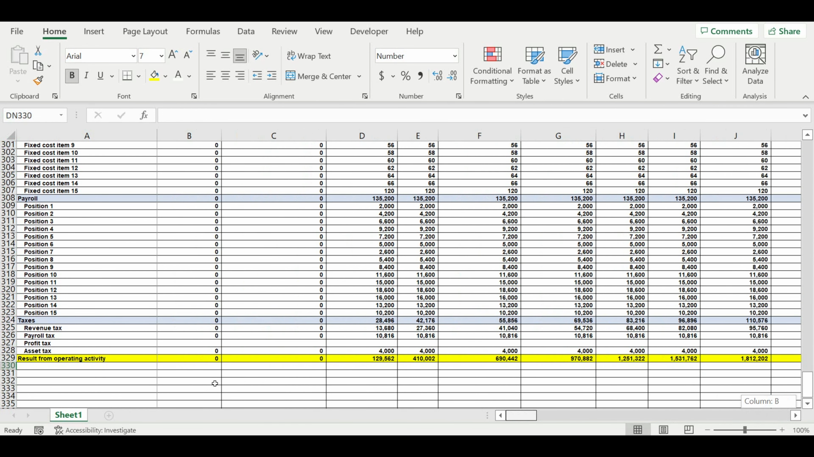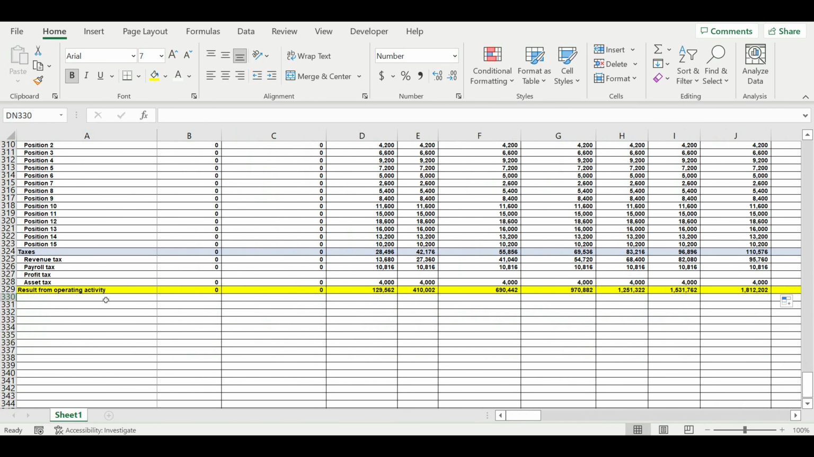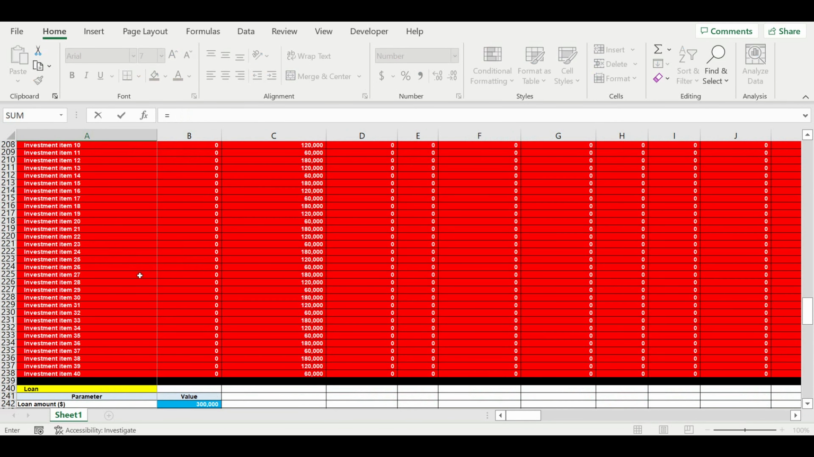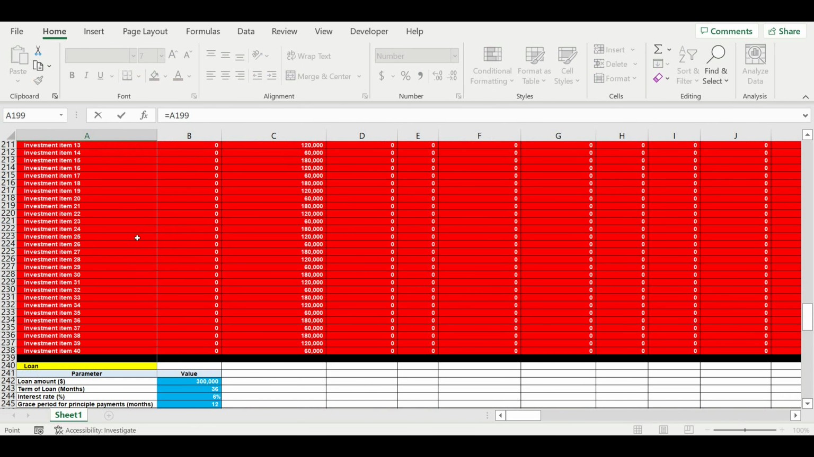So this is the result from operating activity. Then we're moving to investments. So we are taking these lines, these red lines,